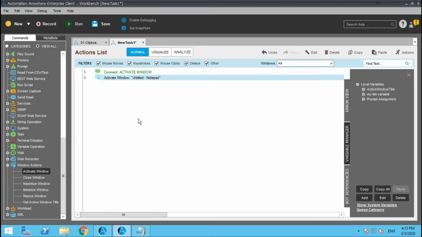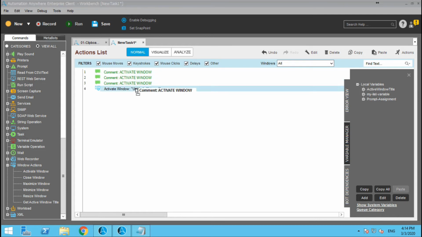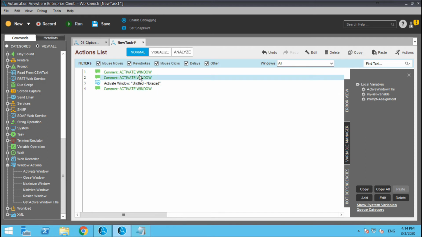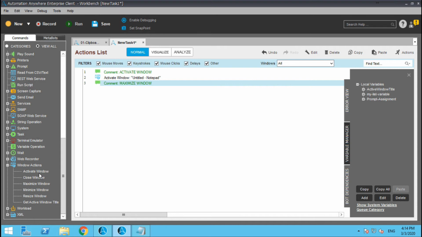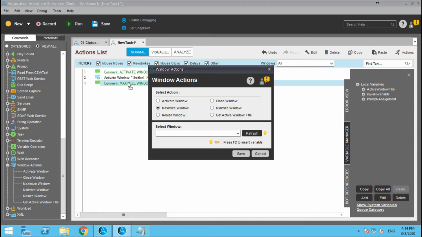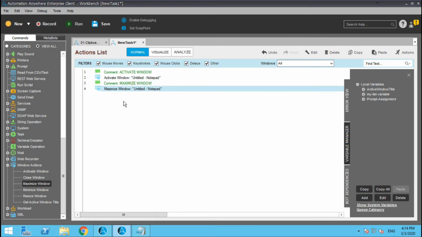and let me add one more comment. I just simply copy and paste and drag and drop here. The second command would be maximize window. Okay, save the comment. Now let me just do a drag and drop of the maximize window command and select the window title, untitled notepad,